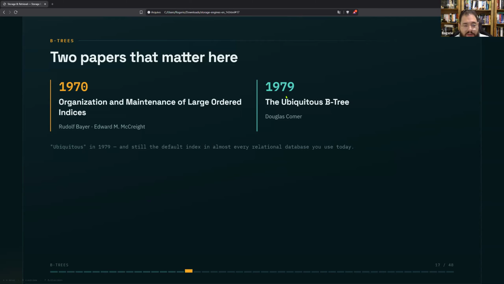So in 1970, there's a paper by Rudolf Bayer that is called Organization and Maintenance of Large Ordered Indices. And in 1979, there's a paper called the Ubiquitous B-Tree. And those two papers are the foundation of a technology and a storage engine called the B-Tree. And let's talk about it now.